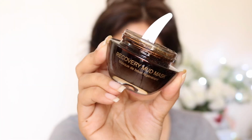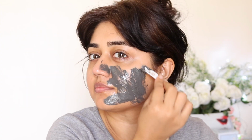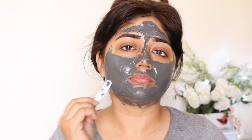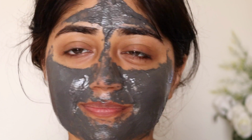Now this is a really special mask. This is a magnetic mask and this is the first time I actually tried a magnetic mask. So it looks like a regular mud mask, but once you apply it on your skin, you can feel it's got a slight grittiness because of the magnetic particles. It doesn't dry out completely. What you're supposed to do is have this on your face for about 5 minutes. Then this comes with a magnet. You can wrap a tissue around the magnet and then use that to take off the mask, and I thought